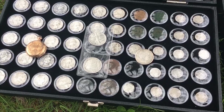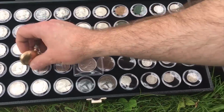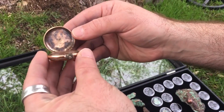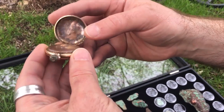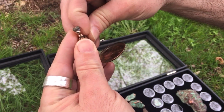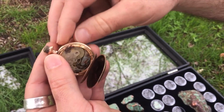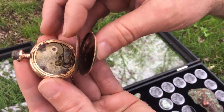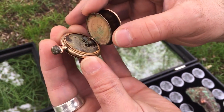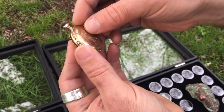Tell me about the watch. Yeah, the watch, actually I was able to get a date. I found that out in this field, and it's got the serial number in there. There's a couple serial numbers. You can see all the windings are still in there. Unfortunately, the face was not intact when I dug this up, but it's a nice gold watch from